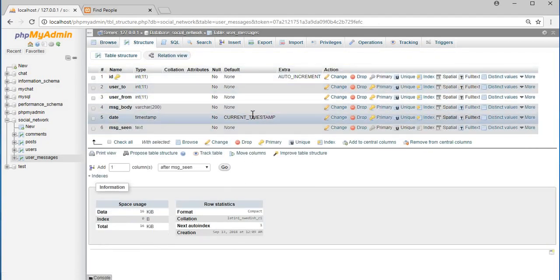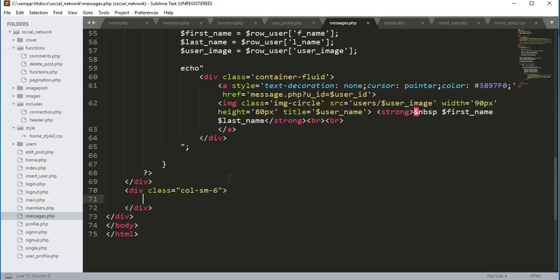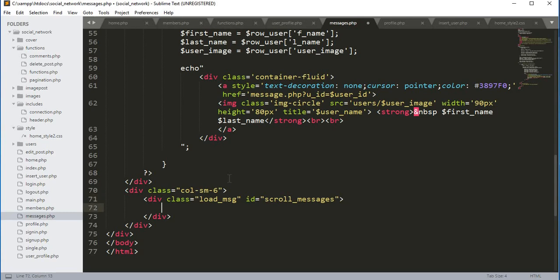Okay, so now we have the table, and now if we get back to our text editor, over here inside this div, we will create another div, and the div class will be load_msg, load messages, and its id will be scroll_messages. And inside this div we will open up a PHP tag,